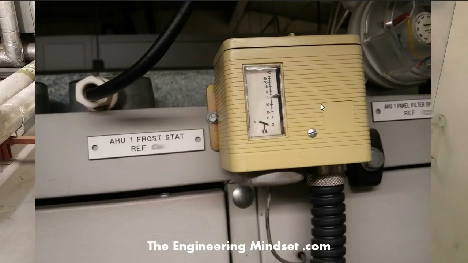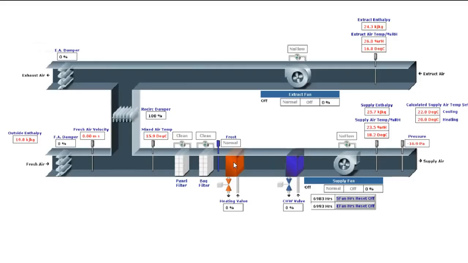So here is a frost temperature sensor. You can see there it's set at 5 degrees. So if the temperature gets to that point, it will kick this on. This is an electrical one, so it's just going to heat the electrical elements inside, and that will warm that air up in there and bring it above 5 degrees. Because if it got too cold and it hit the pipes, that could cause the pipes within the coils to burst, and obviously you'll leak that fluid into the air, and you don't want that to happen. So you've got some protection here, and then that comes off and goes into the cooling